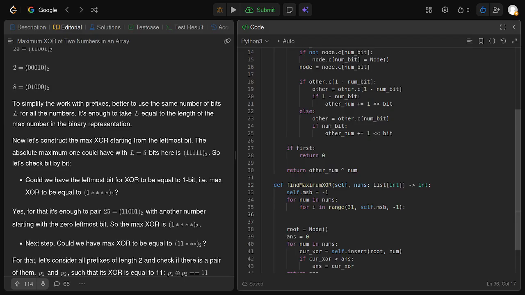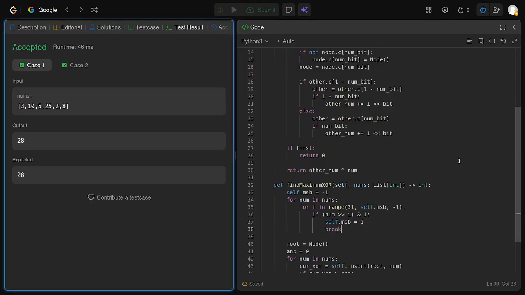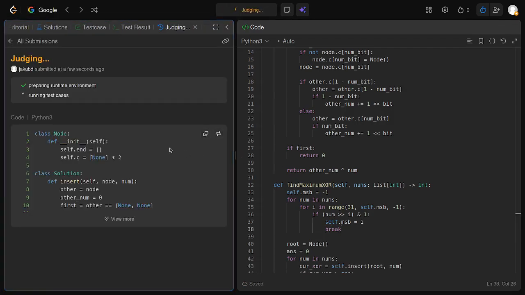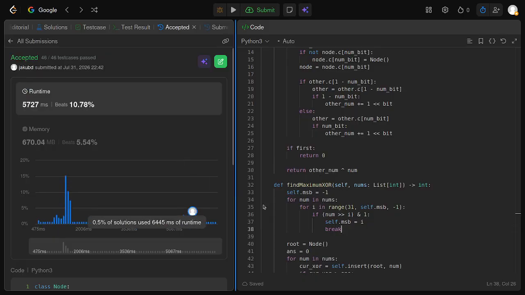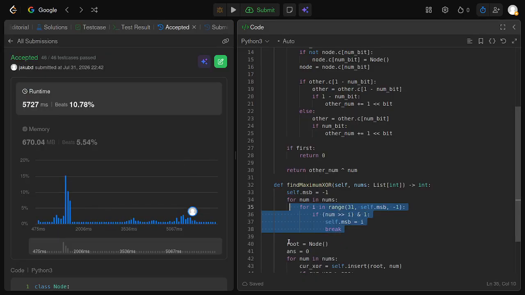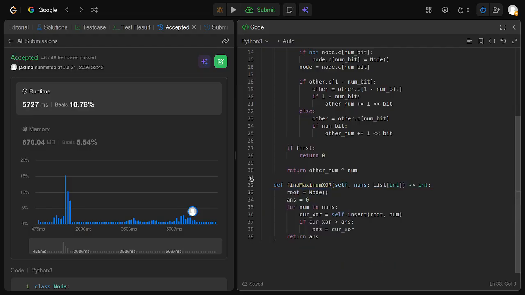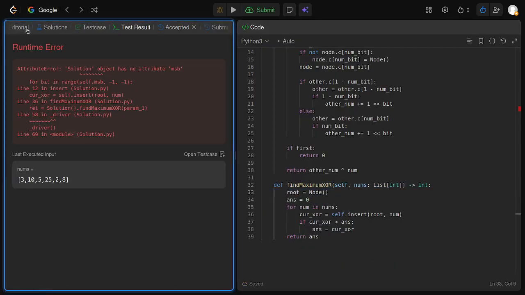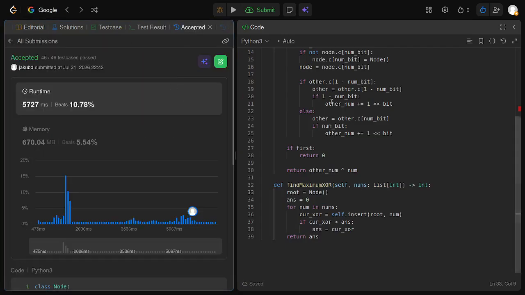And then we do if num I and 1. Okay, maybe this might be a bit faster, but I doubt it. Okay, same time complexity. Okay, I want to see the hash map thing because